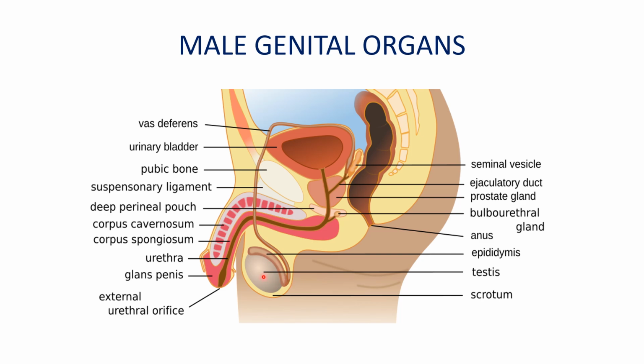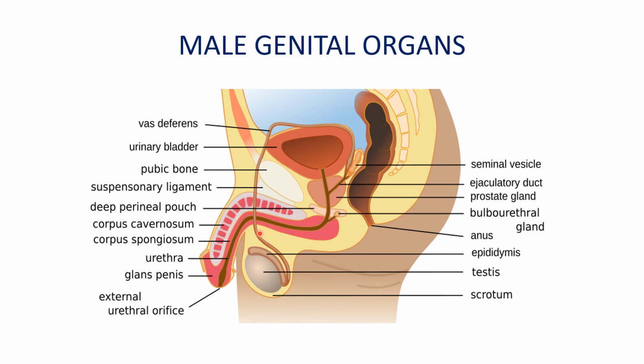and the testes. So this is the head of epididymis, body of epididymis, tail of epididymis, and this is the location of testes. The epididymis continues as the vas deferens and a part of it lies in the scrotum. So the penis, testes, epididymis and part of vas deferens in the scrotum, they constitute the male external genital organs,